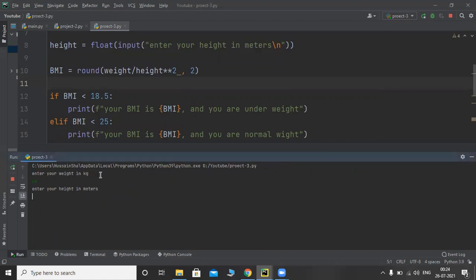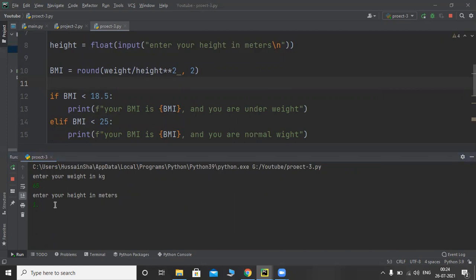And then my height, it should be 1.5. And if I press enter, your BMI is 28.89 and you are overweight.